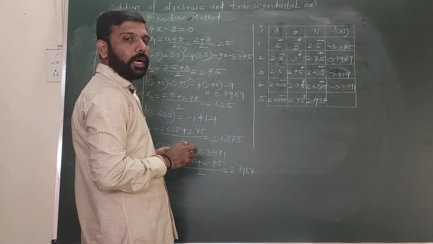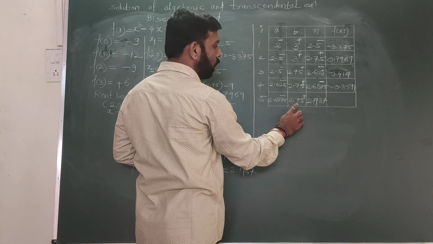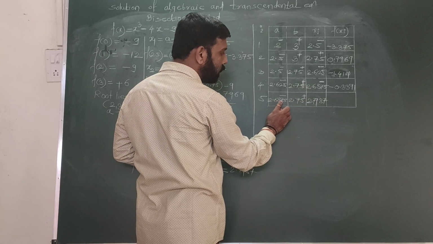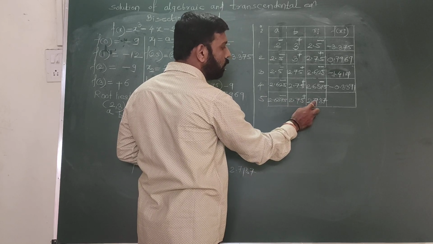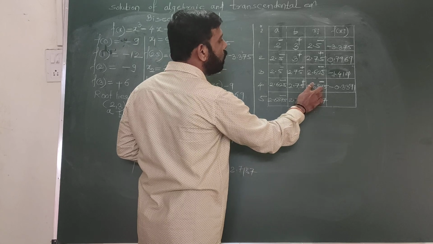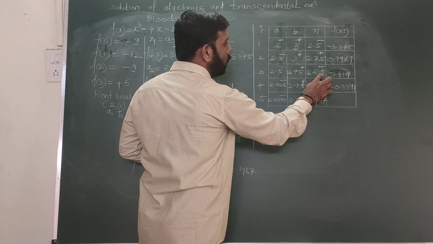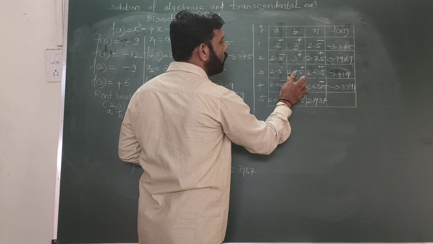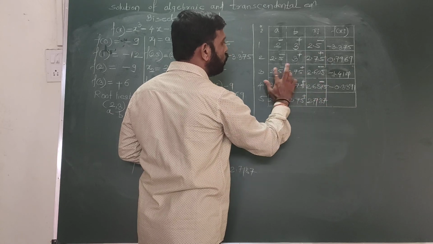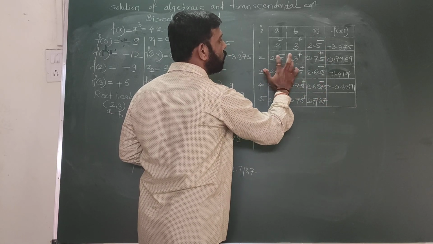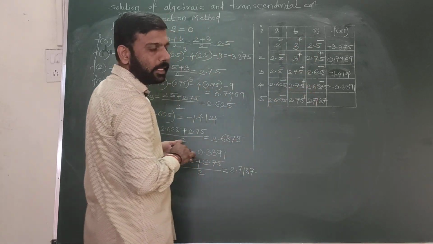So every time our answer xi must be in that interval. Our interval is 2.6875, 2.75, so the answer must be in that interval. 2.71 is in that interval. Verify any approximation, for example 2.625, it must be in its interval. Any answer in this column should not be out of the interval corresponding to it. So we can tally our answer by looking like this.